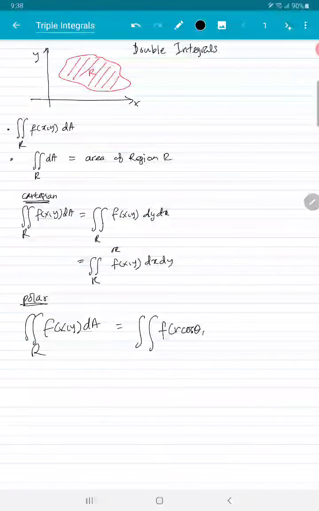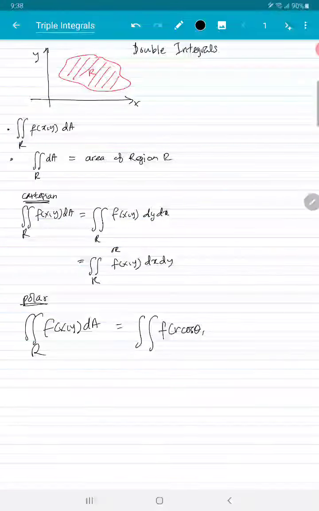Okay, for triple integral, your integration would be over a solid G. Here this is the simplest solid, which is a cuboid. In general we don't just have a cuboid, we have much more varieties of solids. So all in all, in triple integrals,